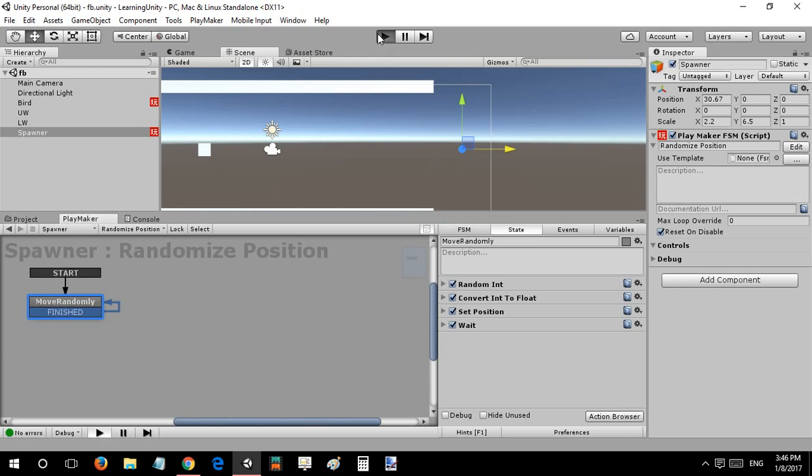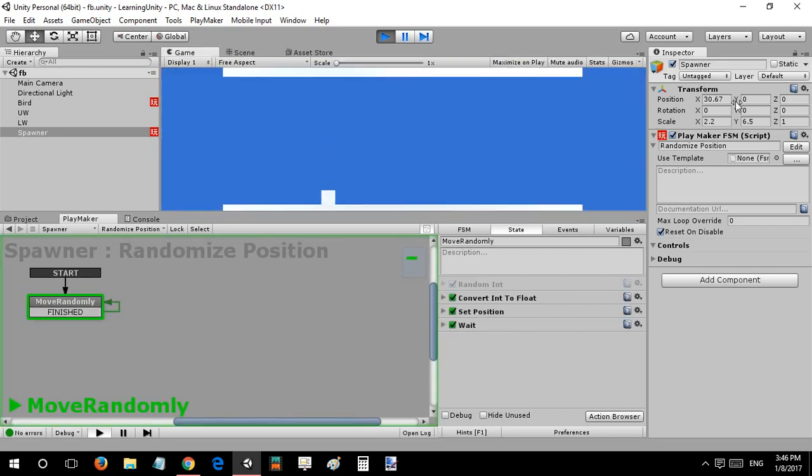and when I hit play we will observe the spawner, and you can see here at the position transform, you can see that it is completely changing the position of itself. Okay, so that is completely working,